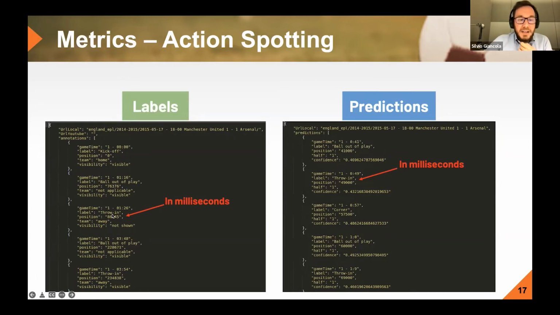The label of that action is called throw-in, and the team that it belongs to is away, and the visibility is whether that action was shown in the broadcast or not. In this particular case, that action was not shown in the broadcast, which was also the case for the kickoff, for instance, that happened obviously at minute 0 and time 0 of the game. The team is home, meaning that the home team started the kickoff of that game, and usually this event is